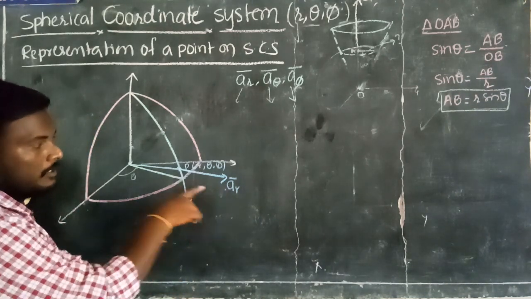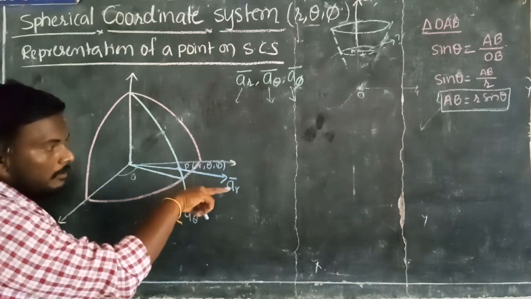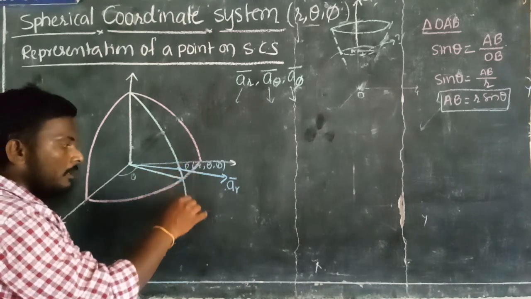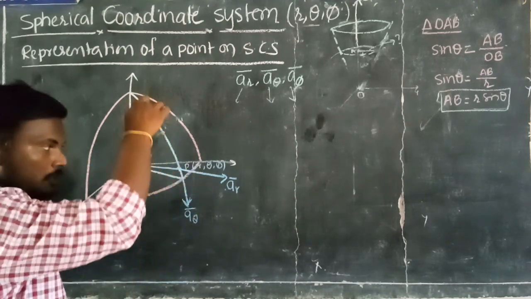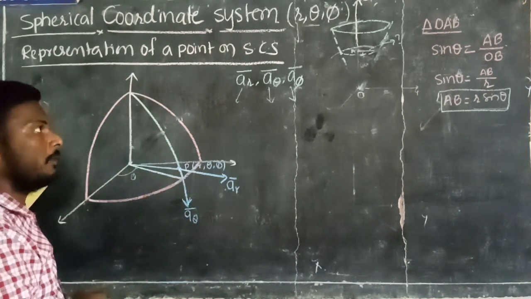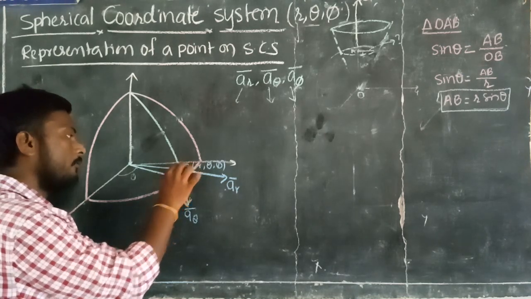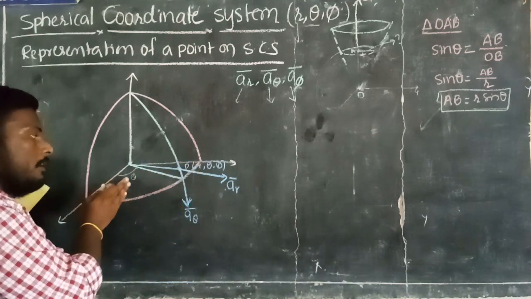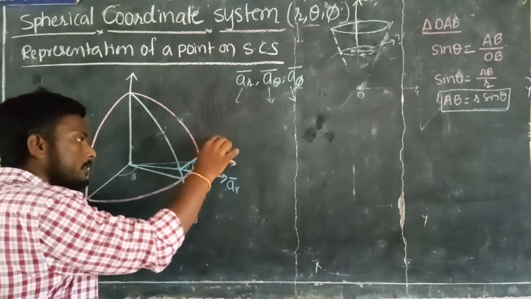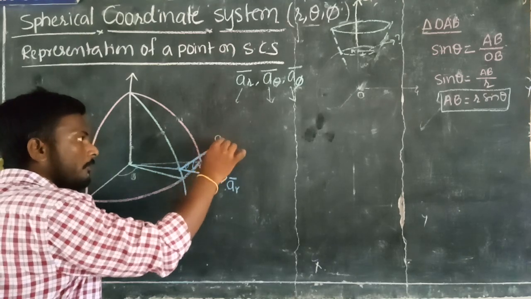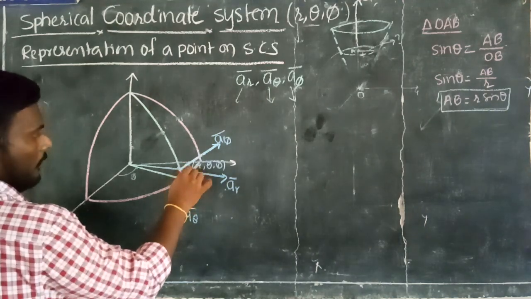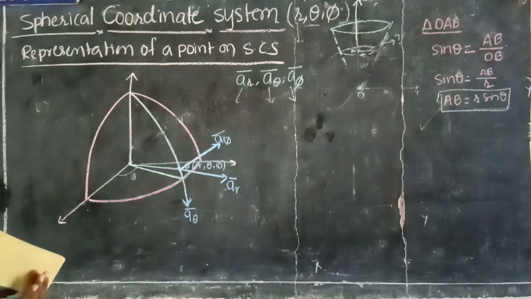A_r bar is a unit vector which is perpendicular to the surface of the sphere, radially outwards. A_theta bar is a unit vector which is tangential to the surface, at radius r, in the direction of theta. And we have one more vector, that is A_phi bar. A_phi bar is in the direction of the half plane moving. Phi is making an angle in which direction? It is anti-clockwise. So this is a unit vector in the direction of phi, A_phi bar. These three are the unit vectors, oriented along the respective coordinates.